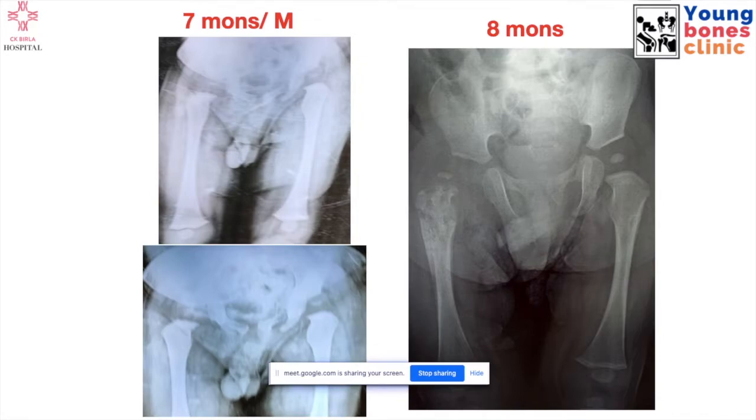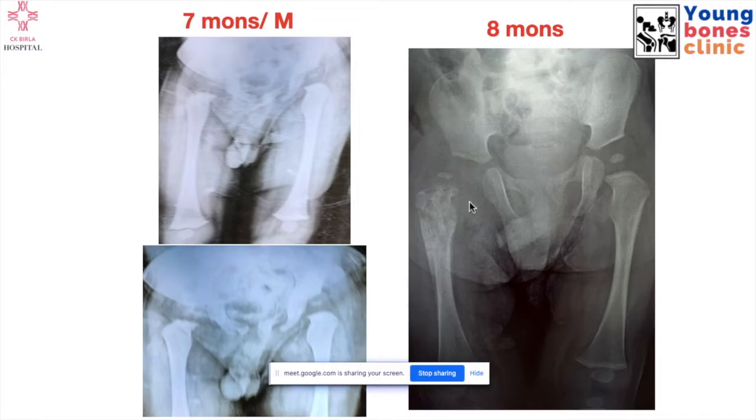So this was a 7-month-old child who presented with very high-grade fever. I was not in the picture at this time. He presented to a pediatrician with a very high-grade fever, probably less movement on the right side. I think he was treated somewhere else with just antibiotics, a lot of antibiotics, vancomycin and all, and an aspiration was tried by the orthopedic surgeon somewhere outside.